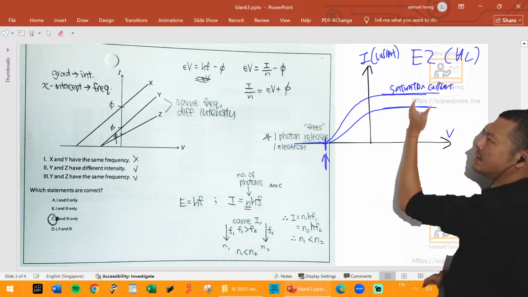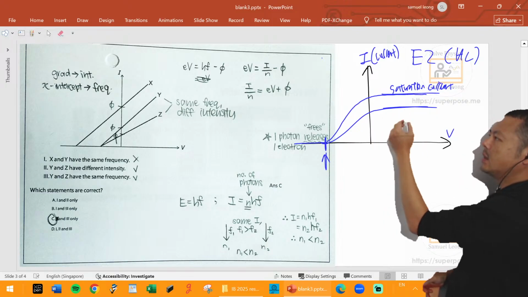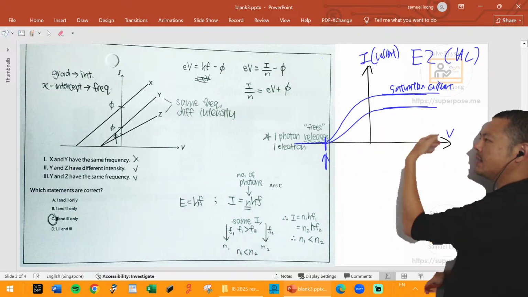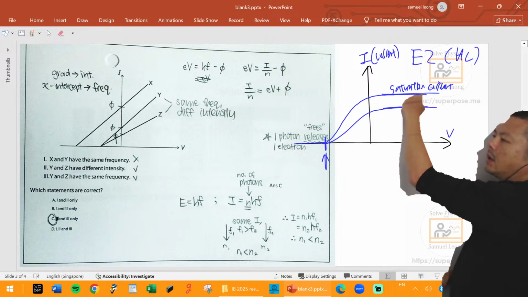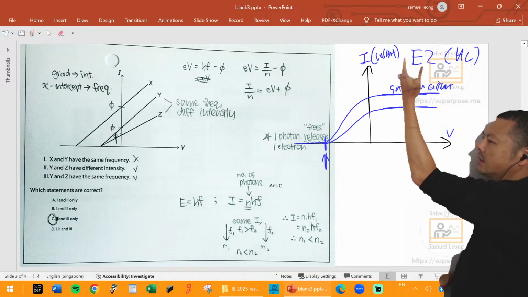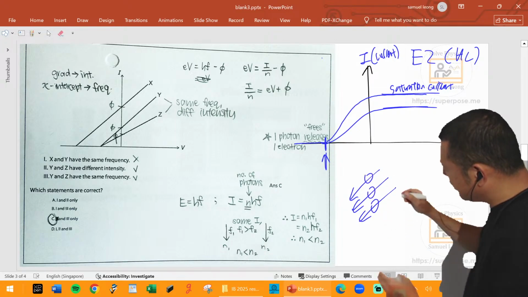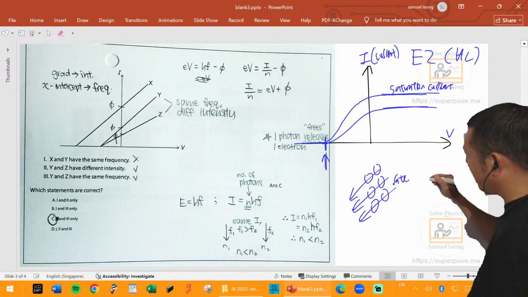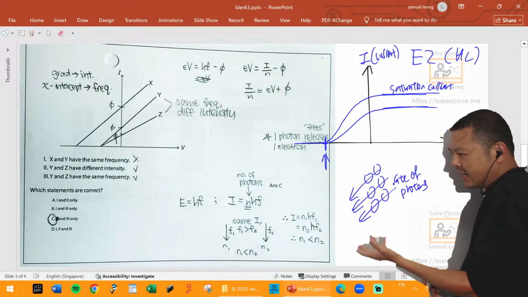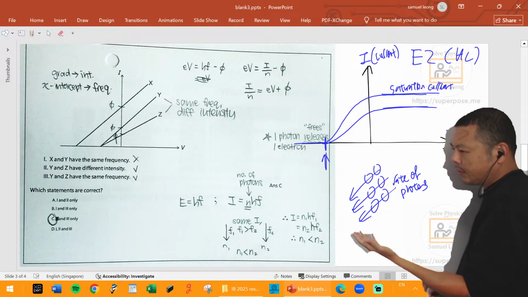Saturation current is basically when the rate of photons emitting electrons is at its maximum. So even if you increase the voltage more positive, the amount of electrons being emitted by the emitter plate will reach a maximum. It wouldn't increase anymore because there's a limit to the intensity of the light that you're using. When you shine a light, is the rate of photons sort of constant? Yeah. If you want more, you can make it a stronger light. But otherwise, with a certain intensity of light, the rate of photons should be quite constant.